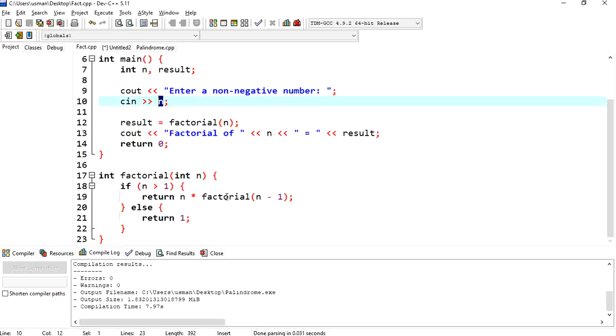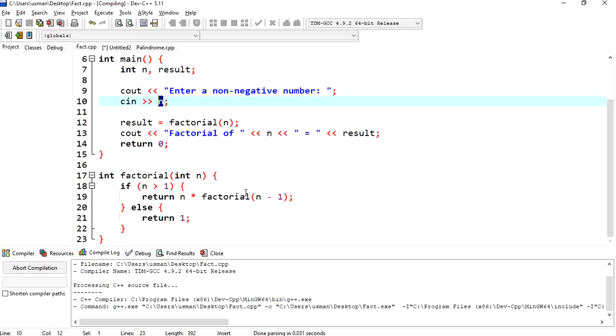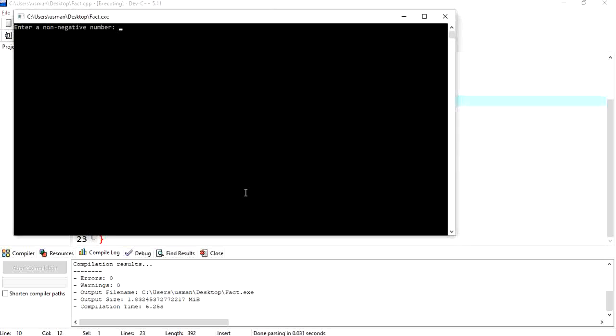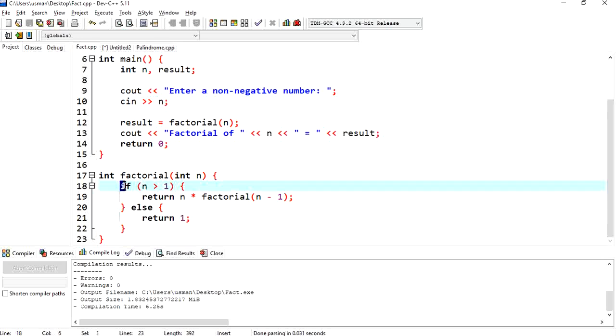At the end we will have 2 minus 1, 1, factorial of 1. Now this condition will become false, so it will return 1. So at the end we will get the desired result. So let's execute it and see what we get. I enter 5, and the factorial of 5 is 120. Now what if I remove this if condition,